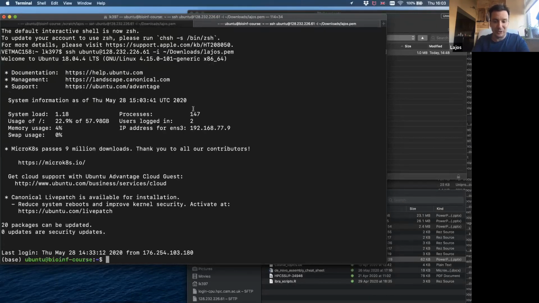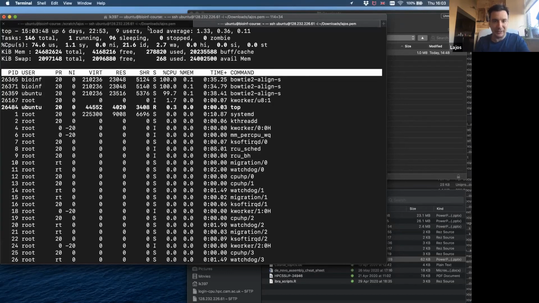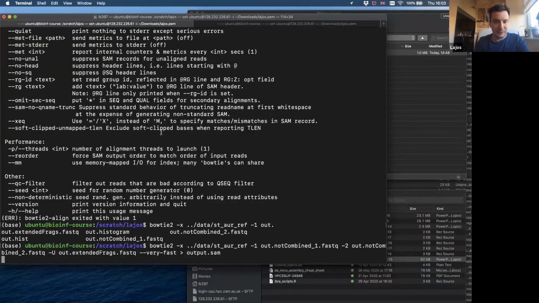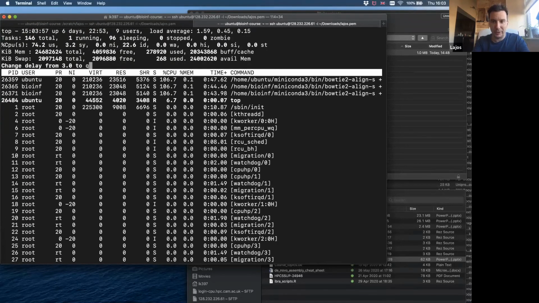It's actually not too easy to log in. Yeah, but there are nice alignments running. Mine as well. And also, if I check my